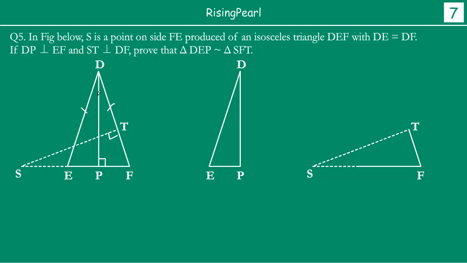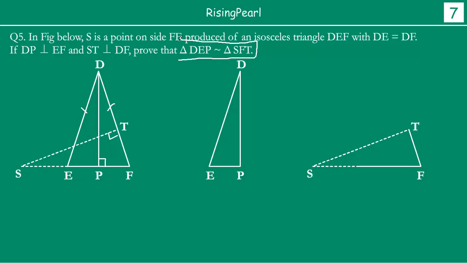Again, just quickly recap. We have isosceles triangle DEF, DE is equal to DF. In isosceles triangles, two sides are equal. Then we extend FE to such a point S such that ST is perpendicular to DF. Also we drop a perpendicular DP on EF. So this is what we have been given, and we have to actually prove that